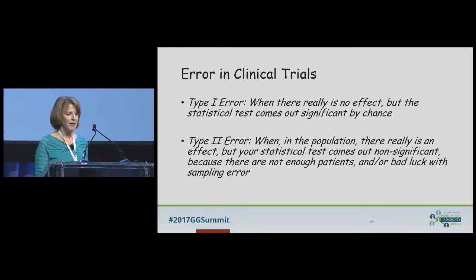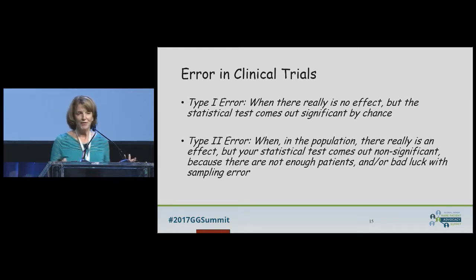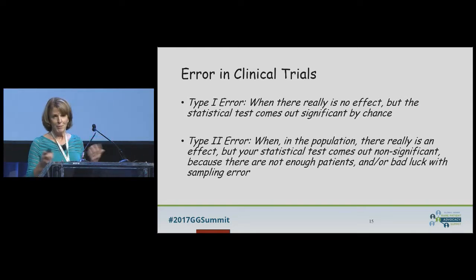If you've heard about p-values, you generally need a p-value of less than 0.05, which means that you have less than a 5% chance that anything that you see is due to error. And a lot of times, studies will miss. You'll end up with a p-value of 0.1, and then the FDA won't approve it. But they want to make sure that the trial, it really is effective and that your drug works.